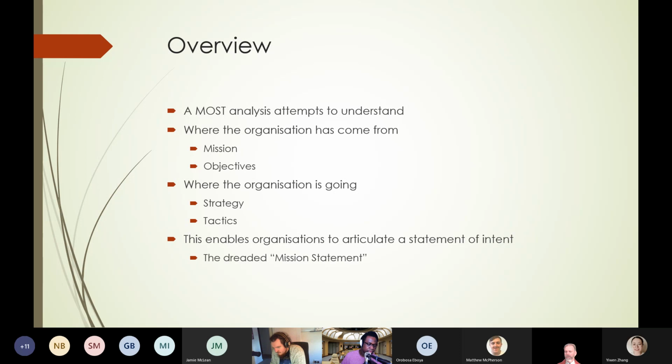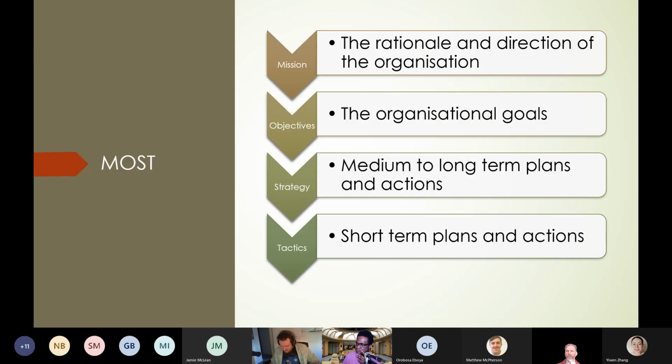So it may or may not be a business. You can apply these things, of course, not just on businesses, but for any organization. What was the mission of the organization? You know, the dreaded mission statement. What are its objectives? What's it trying to do? And in order to attain those objectives, what's the strategy? So where do we want to go in the medium to long term? And tactics, which are the shorter term. Okay? So we have this idea that we're trying to figure out what it is we actually want to do. What is the purpose of us being here?